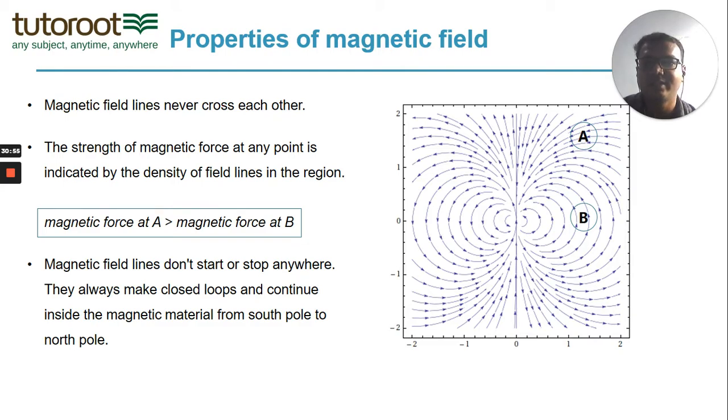The first one is magnetic field lines never cross each other. They never ever cross with each other. Now I'll give you an example as to why. Let's say the magnetic field is like this. What does it mean? If I take a compass here, the compass will obviously point in the direction of the arrow. But let's say there are two magnetic field lines crossing each other. Now if I take a magnetic compass at this point, in which direction will the needle show? Will the needle point towards the first arrow or the second arrow?